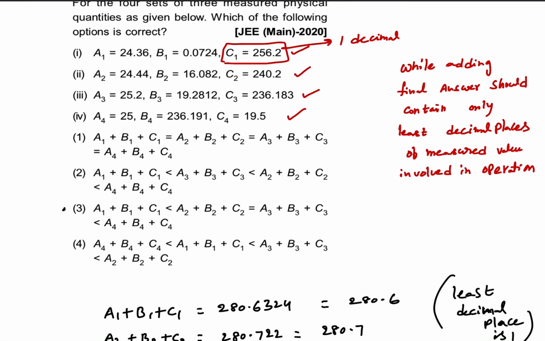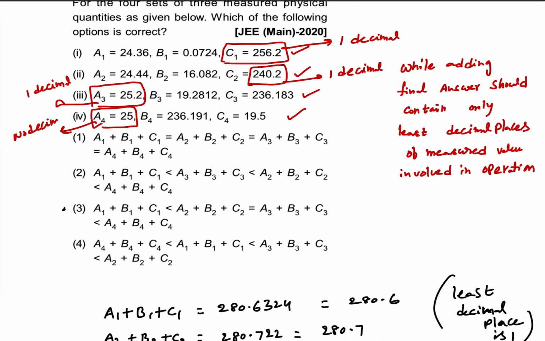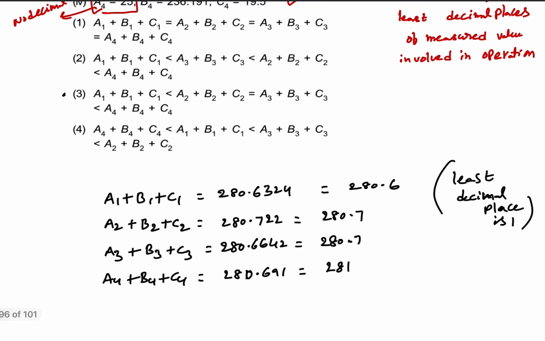Now you see in the first case, c1 has the least decimal, 1 decimal. In the second case we can see 1 decimal. In the third case we can see 1 decimal. The answer should be in 1 decimal only. In the last case we can see no decimal. It should be a whole number. Now you check that if I add a1 plus b1 plus c1 values, I am getting